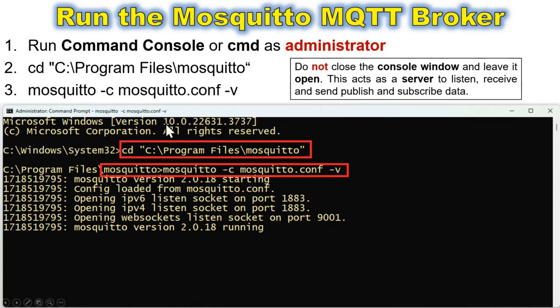And then finally, type this command, mosquitto space -c space mosquitto.conf space -v, and then hit the enter key. And then after that, do not close the console window and leave it open. This acts as a server to listen, receive, and send, publish and subscribe data.